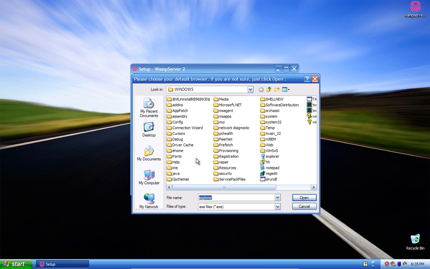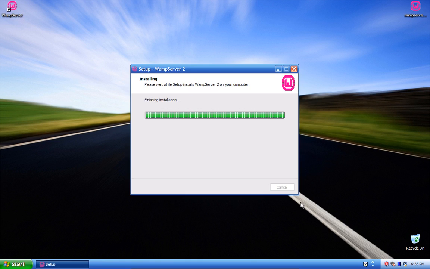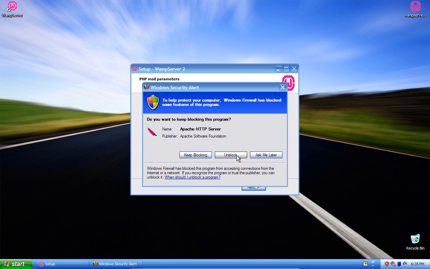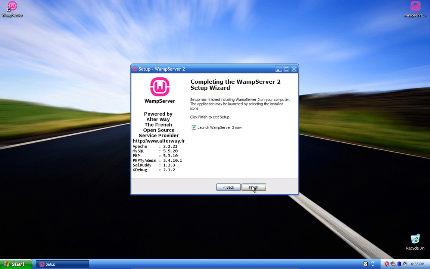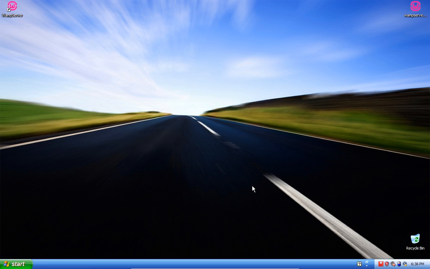Okay, we're done with the installation. It's only asking me for the default browser, and I'll click OK because it has already selected Explorer. And yes, it wants to unblock it also. SMTP services, we don't have them. And yes, launch WAMP 32. So over here at the bottom you can see there's an icon for WAMP. The red color means that it's not running, orange that it is about to run, and green that it is officially running. So let's open the web browser, Internet Explorer,